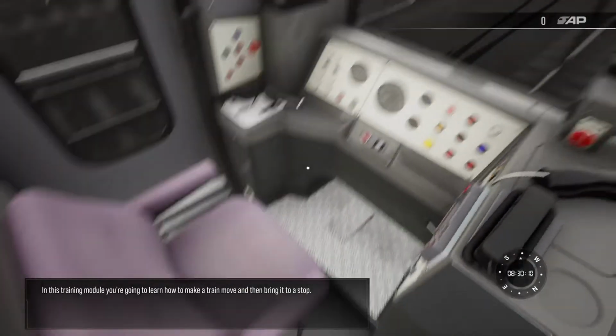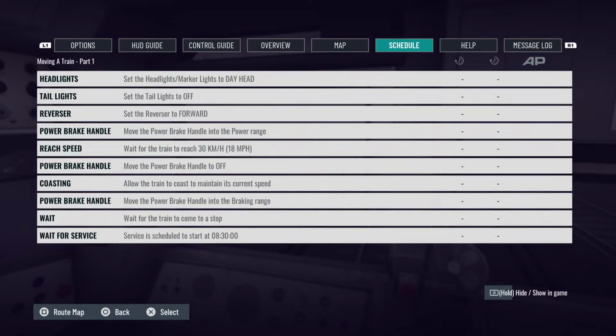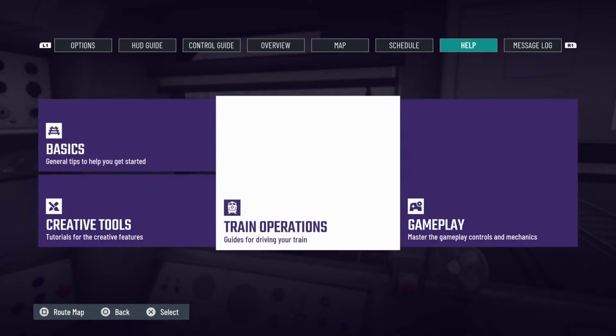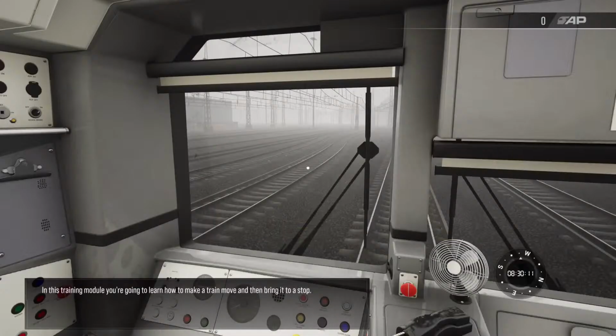In this training module, you're going to learn how to make a train move and